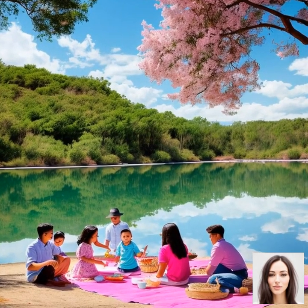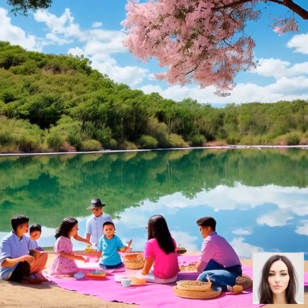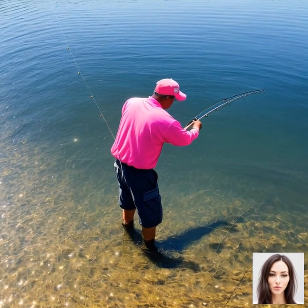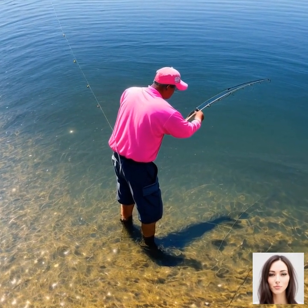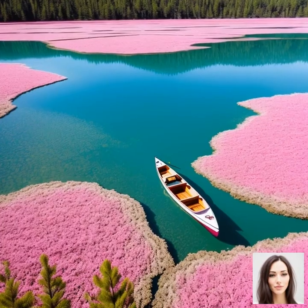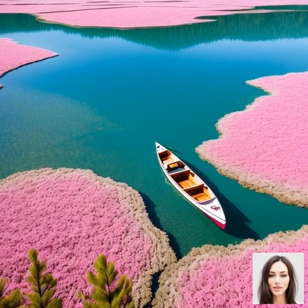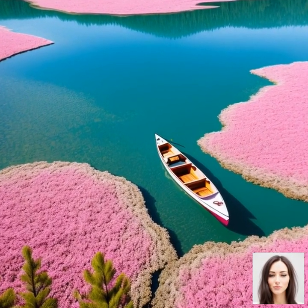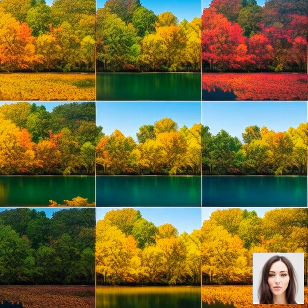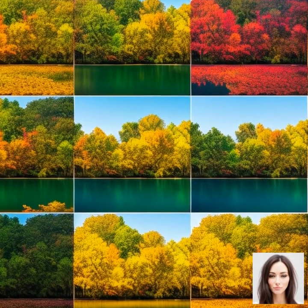In recent years, the unique beauty of pink lakes has attracted increasing attention from tourists and travelers, opening up new opportunities for economic development. Tourism centered around these natural wonders can provide a significant source of income for local communities, as visitors come to marvel at the vibrant colors and learn about the science and history behind them. However, it's important to balance the economic benefits of tourism with the need to protect and preserve these fragile ecosystems